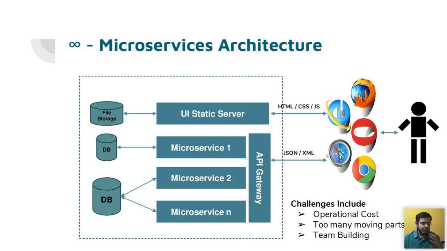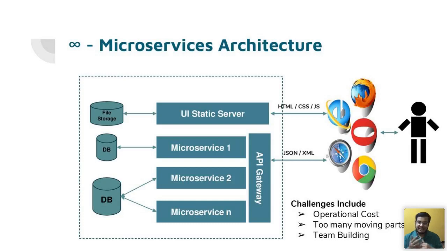Secondly, there are too many moving parts. As I said, there are multiple microservices in the picture, and there's a lot of things that you want to do. So how organizations manage this is they build smaller teams. Every team owns one microservice. A team can have just 3 or 4 members owning that microservice, making changes to it, and deploying it. That way, they de-risk the process of too many moving parts. One team is responsible for one component, and that team makes sure that component is always available.